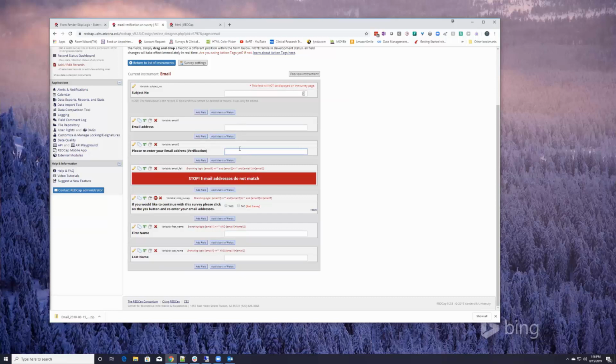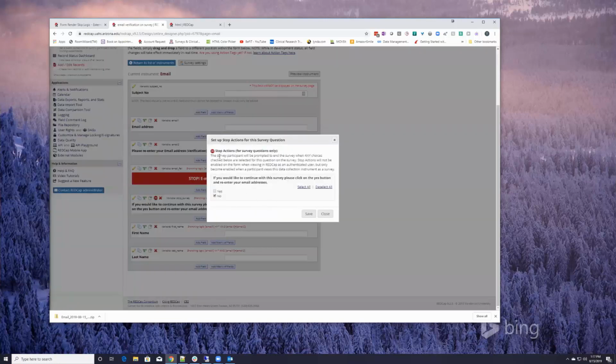Okay, so if either of these is blank and they don't match, then it's going to bring up this stop option. I put this in here so you could see that if you have an option button, you have the ability to create a stop action for surveys. So if you decide you want to give someone the opportunity to stop on a survey, you can. Once you create this, you can define what the stop action is. And so in this case, I defined it as, no, I don't,